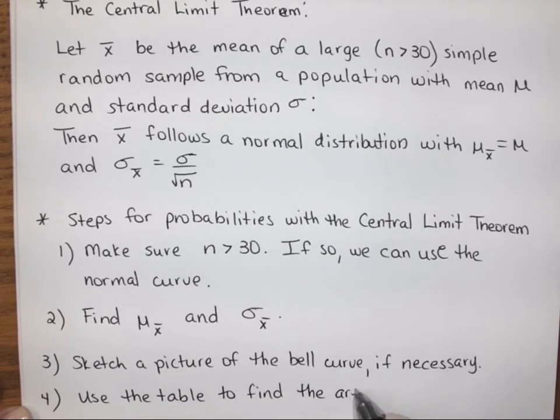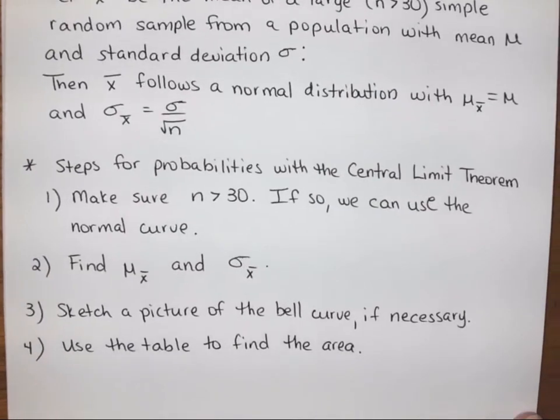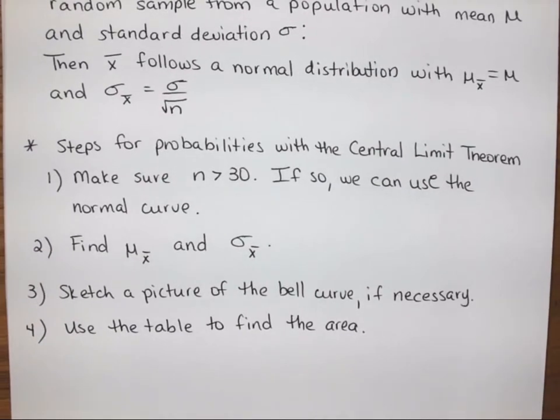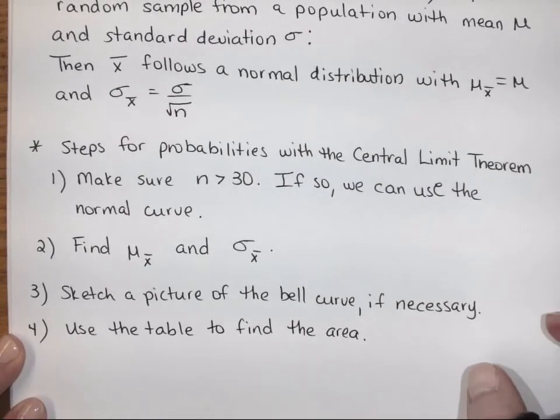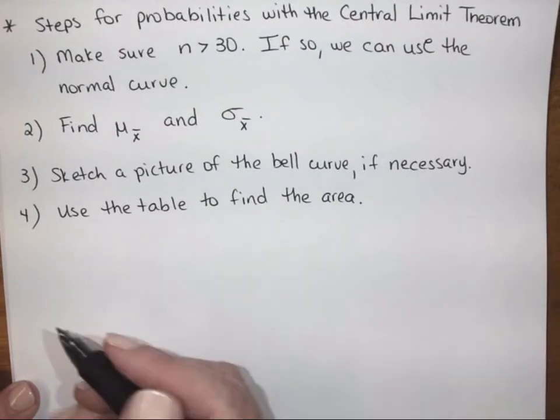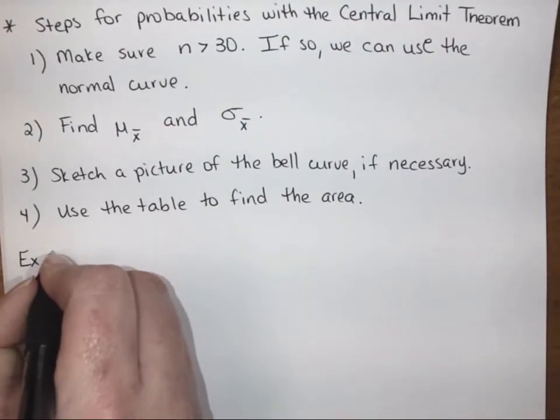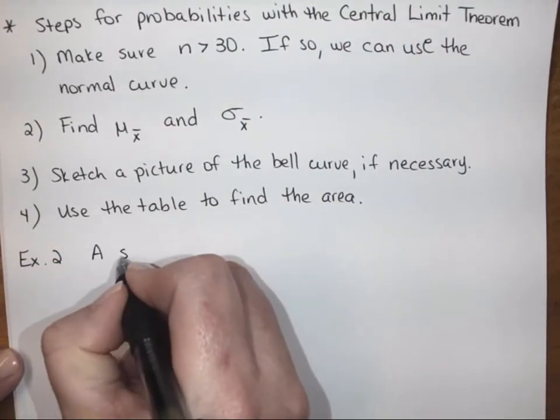So what the central limit theorem says is that we're allowed to treat bigger sets as if they were a normal distribution, okay, even if we weren't told ahead of time that they were. And so it's actually really nice. It allows us to do a lot of the same things we've been doing in the last two sections. So